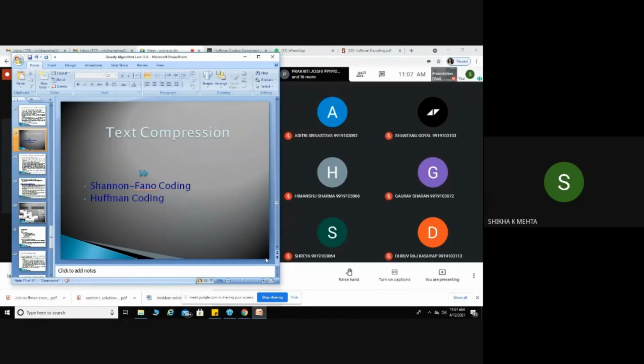So it's not only about saving memory. Once we have compressed the data, if the size of the data that we are using is reduced, we are able to send it faster also. So we are able to reduce the time, and we are able to send data for communication using a lower amount of bandwidth also.